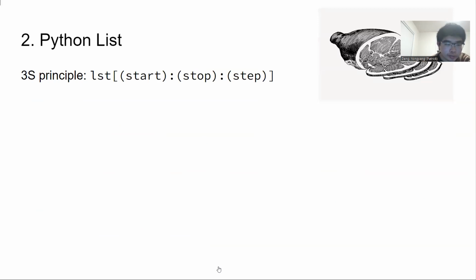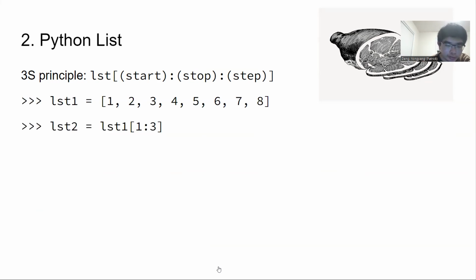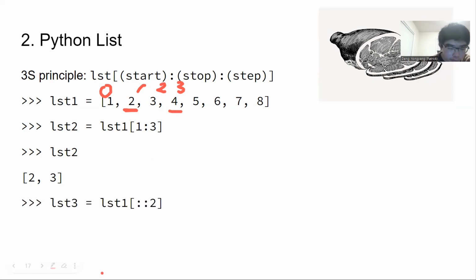So the first principle, list start stop step. Suppose I have this. When I do this one, it is from 1 to 3. So I will have 2, 3, because let's make a mark 0, 1, 2, 3. So I will start from 1 and include 1, but I will exclude 3. So I only have 1 and 2, because I will stop in front of 3. So when I do list with this one, colon colon 2,